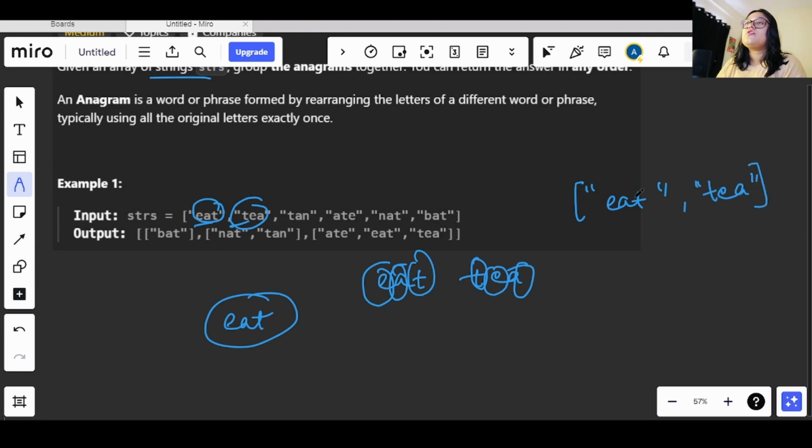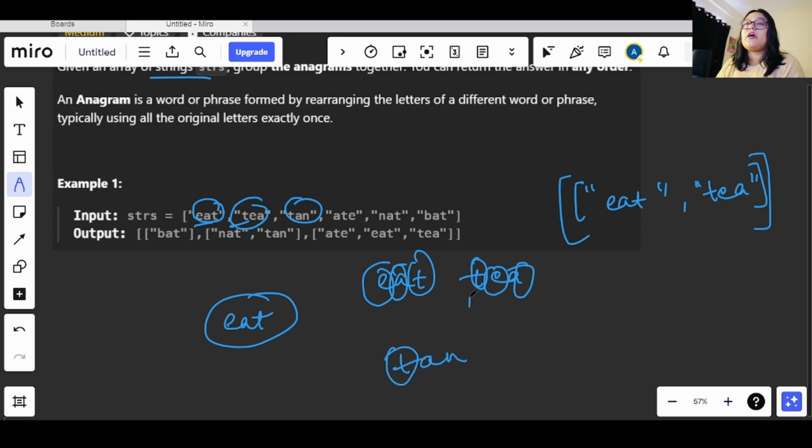Okay. So now how are we grouping here is we will take an array or list, and inside that we will add the values inside other arrays. We will be grouping them in different, separate arrays. So now we have tan here. Let's see if tan is an anagram or not.